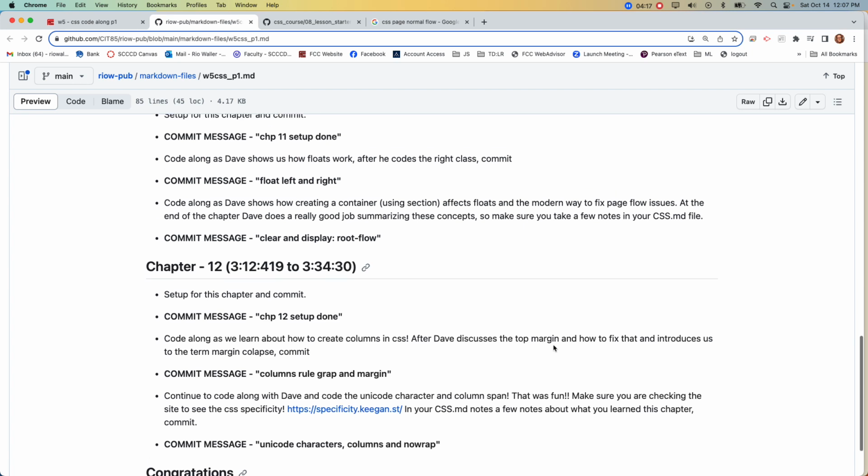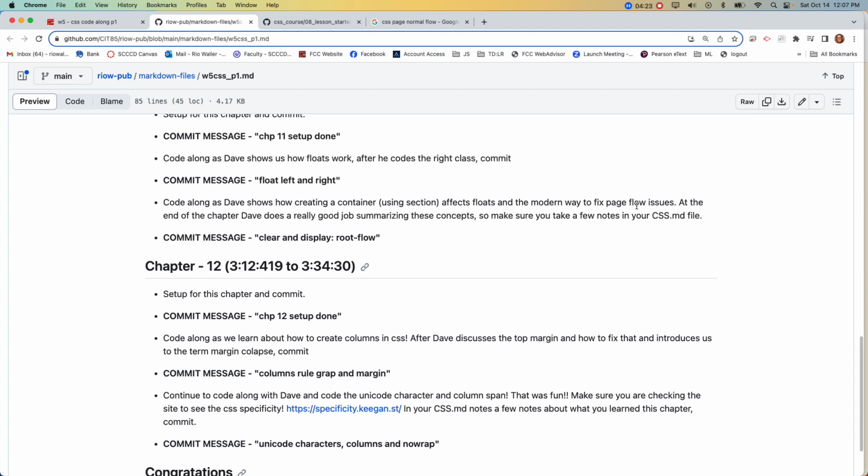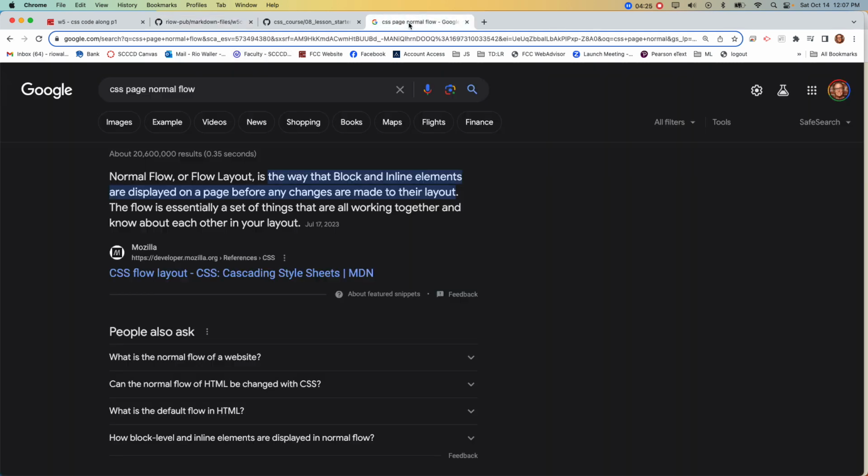The other thing that Dave talks about, and I feel like has just been kind of covered some, not enough, is the idea of page flow. So I recommend going out, like I did, just a CSS page normal flow, right? And it's the idea of the way the block and the inline elements display in order for the page layout, how it looks. Of course, you're coding it in one way, but the way it is rendered to the user based on the way you have styled your CSS